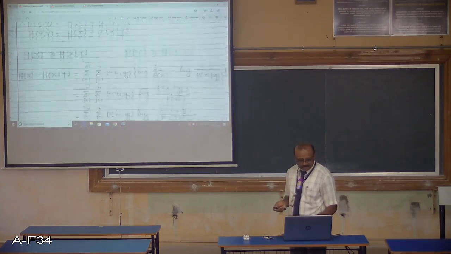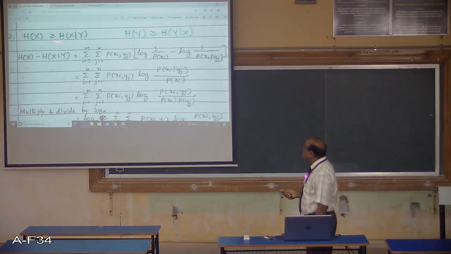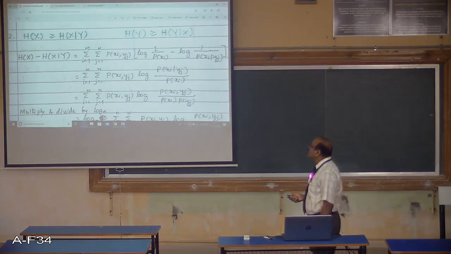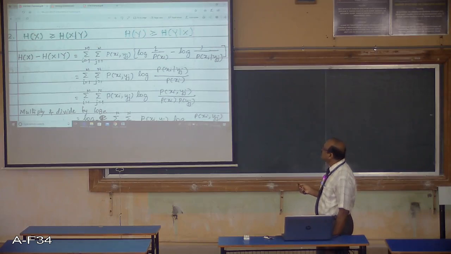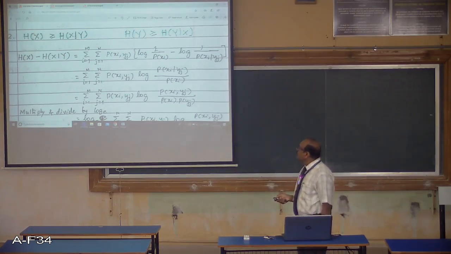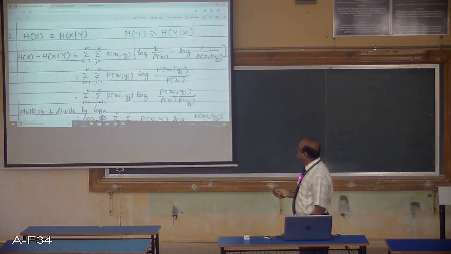Simple mathematics. The second relation is that the entropy of the source is always greater than or equal to the conditional entropy H(X given Y), or the entropy of the receiver is always greater than or equal to the conditional entropy H(Y given X). So two relations with respect to the entropy of the source and the entropy of the receiver. How it is proved mathematically is, we take the difference H(X) minus H(X given Y), and